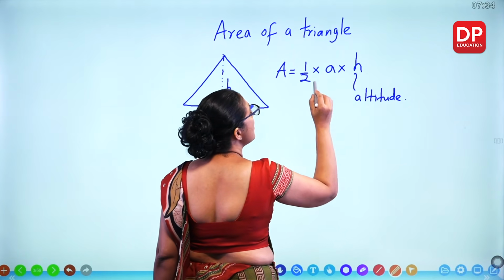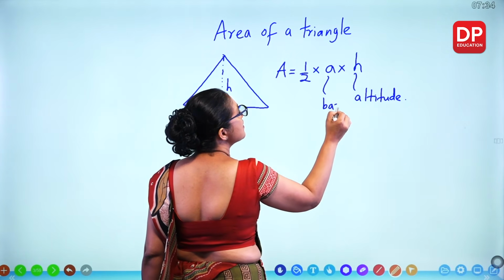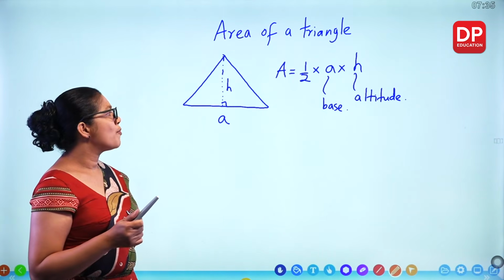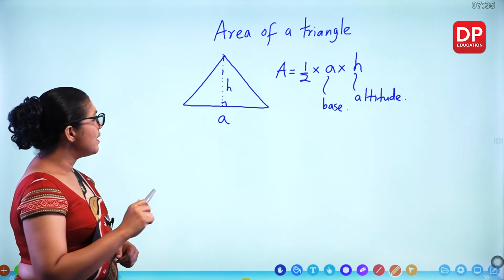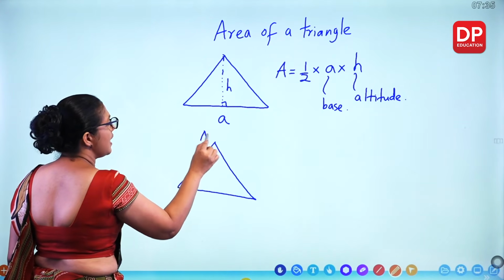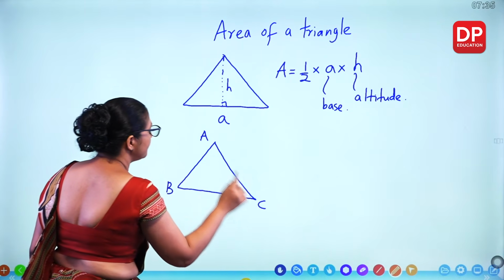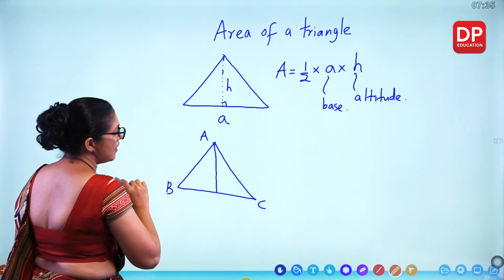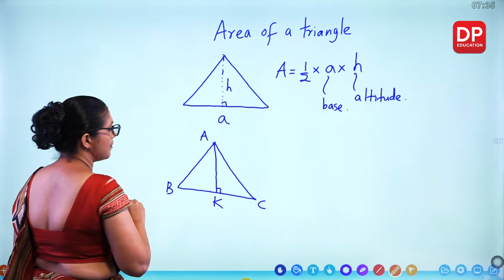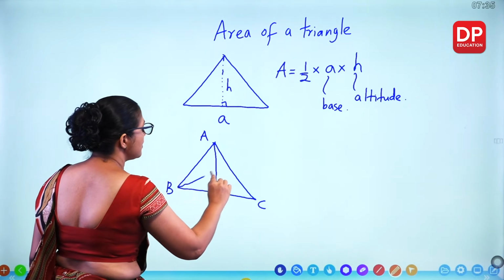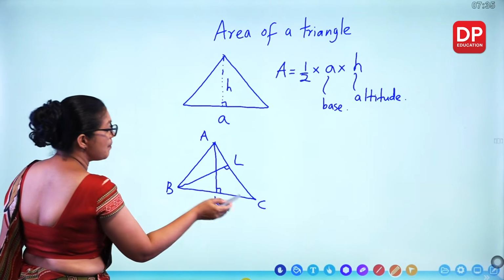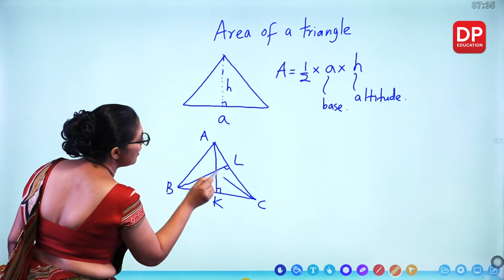Altitude or perpendicular height. This is the base. So you need to know the area formula for a triangle. Now we'll take any triangle ABC and the perpendicular line to this one, I'll write K, AK. And the perpendicular line to this one, I'll draw KL, BL. And the perpendicular line to this one, I'll draw